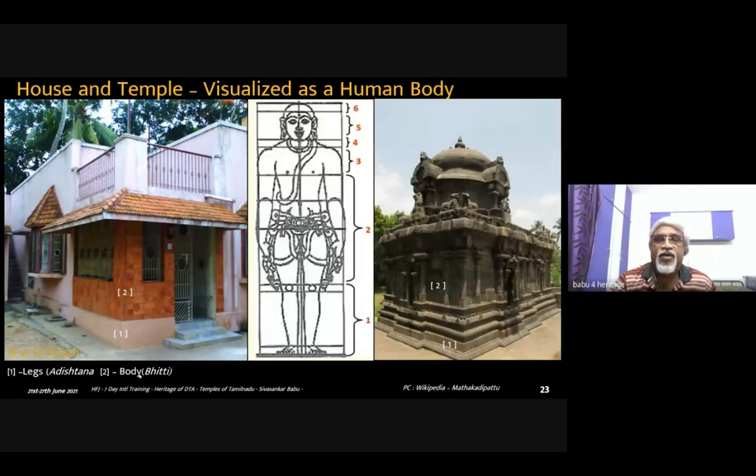The third component is the chest or the shoulder here. This is equivalent to the sunshade or the slope here, which prevents rain and gives shade from the sunlight. The same function is done by the roof and the kapota that is projected from here. This is called the roof or Prastara.